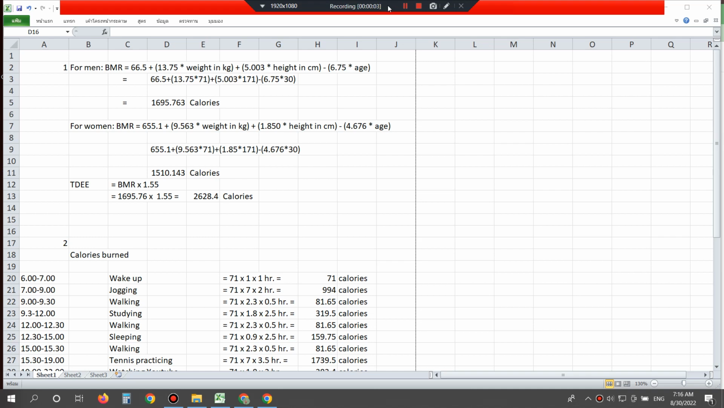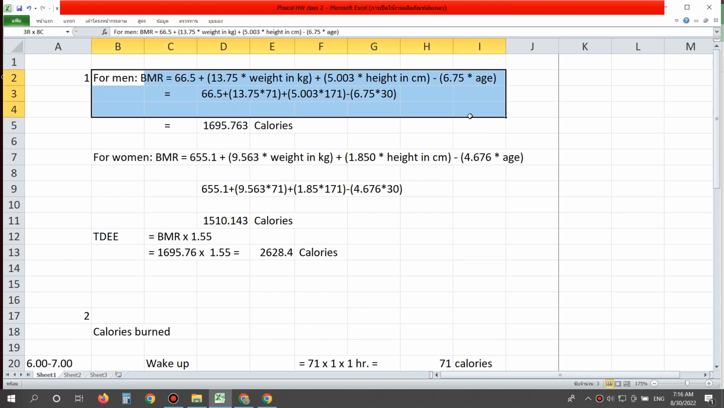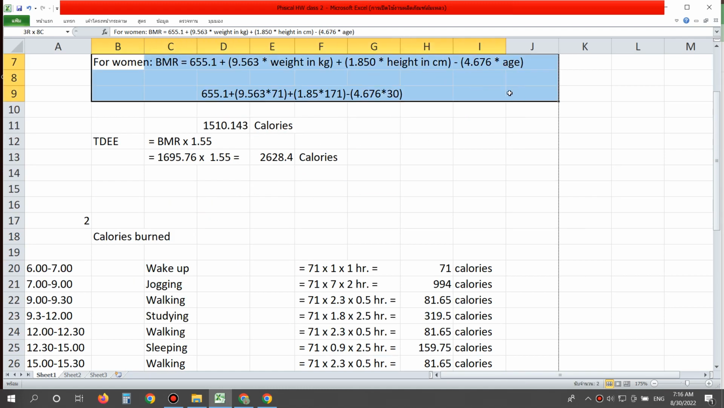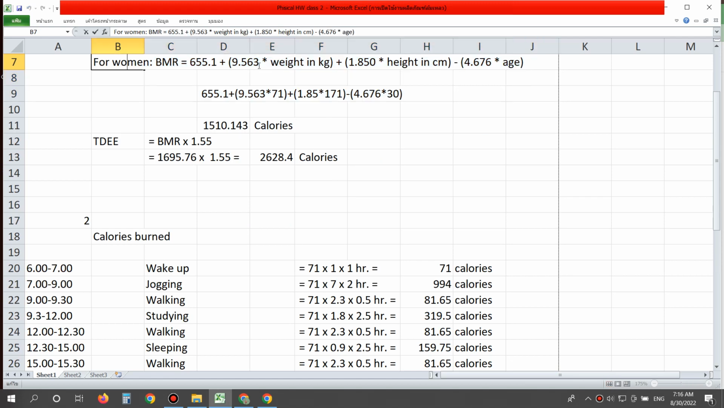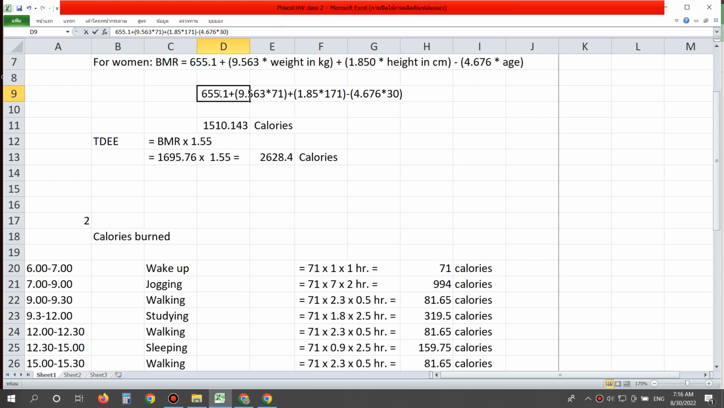This is for the homework. First step, you have to calculate BMR for women. I am a man, so I use this formula. You put your weight, your height, and your age into this formula. So I put my weight,